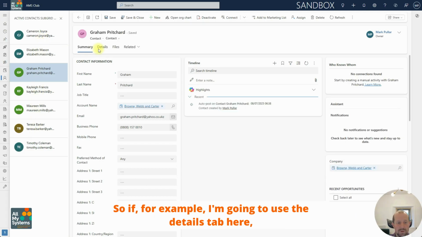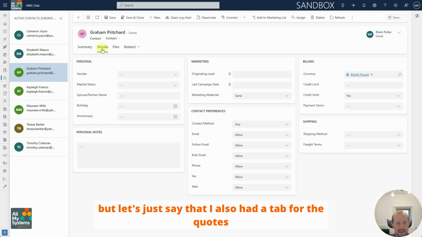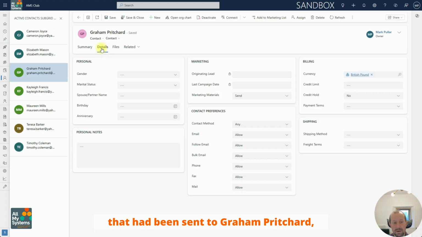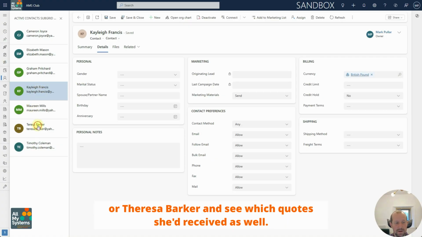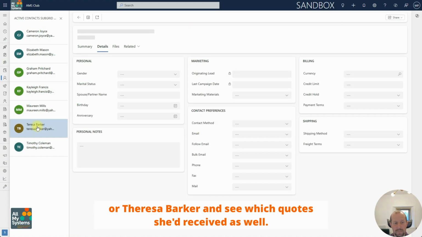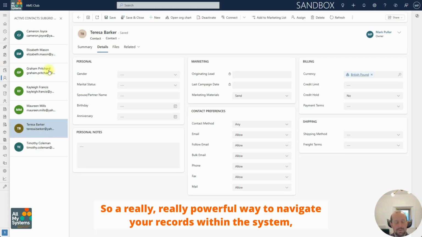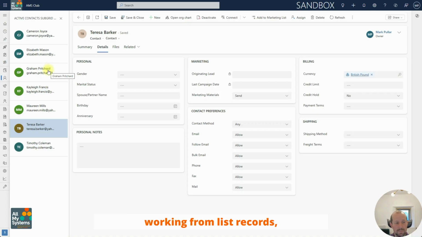So if, for example, I'm going to use the details tab here, but let's just say that I also had a tab for the quotes that had been sent to Graham Pritchard, I could then click through to Kaylee Francis and see which quotes she'd received, or Teresa Barker and see which quotes she'd received as well. So a really, really powerful way to navigate your records within the system, working from list records,